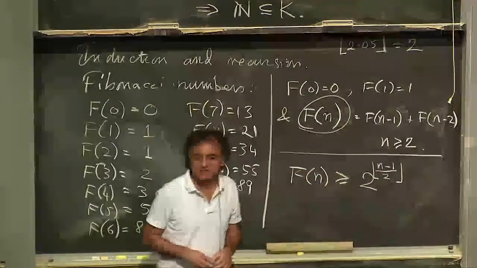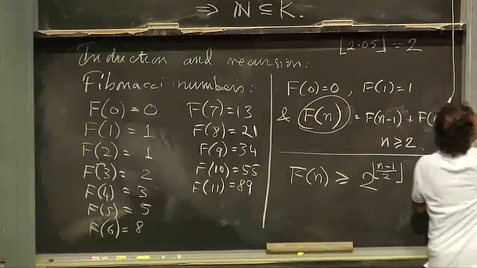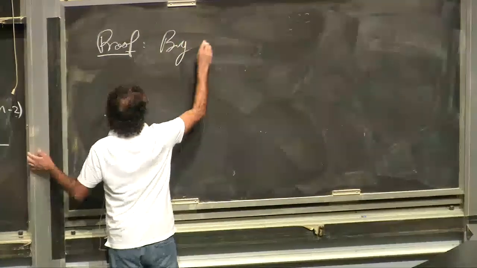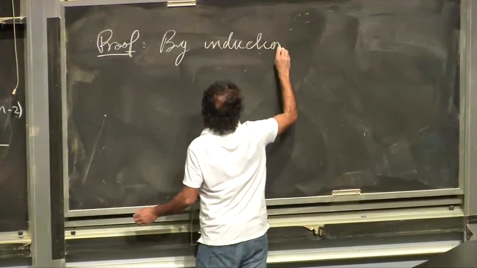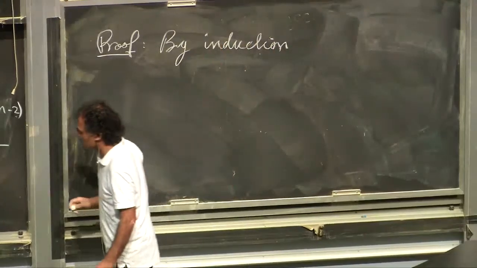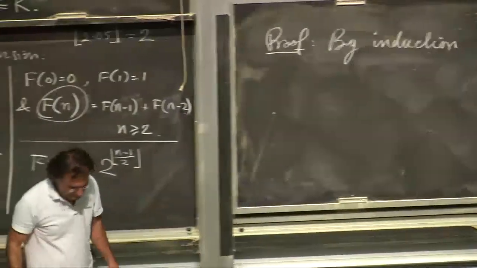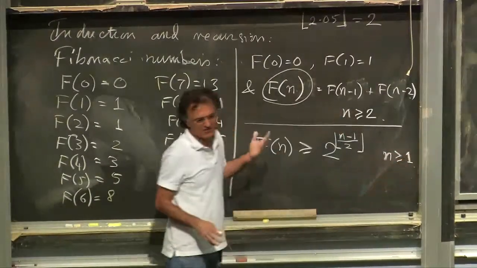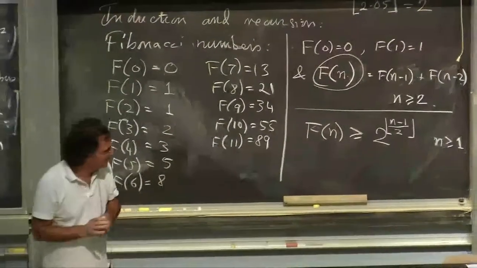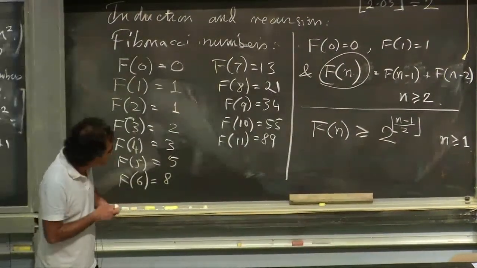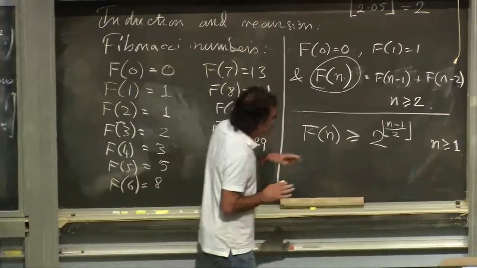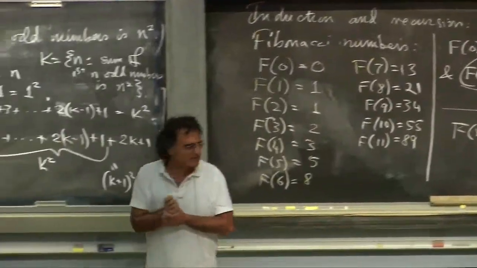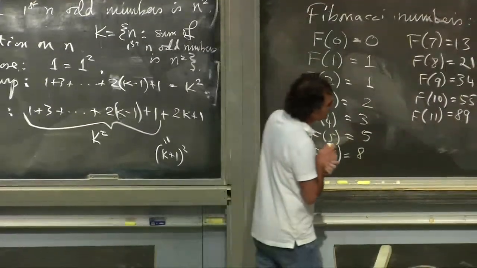How would we prove this? Let's assume n is at least 1. We don't want to get to negative 1. I don't know what happens there. Actually, it works for negative 1, does it? But let's play it safe. Let's say for n greater than or equal to 1. I'm sure it might even hold for n equal to 0, but let's play it safe. So, proof by induction on n.